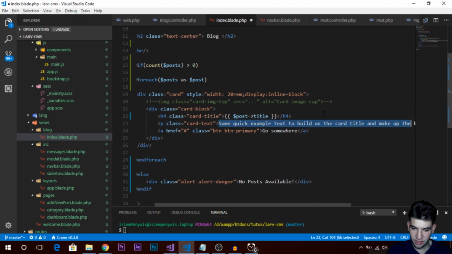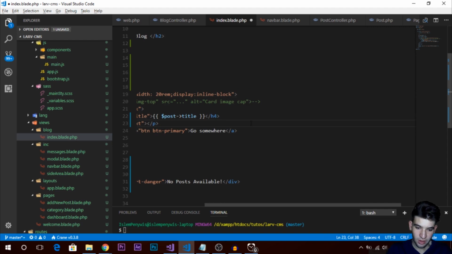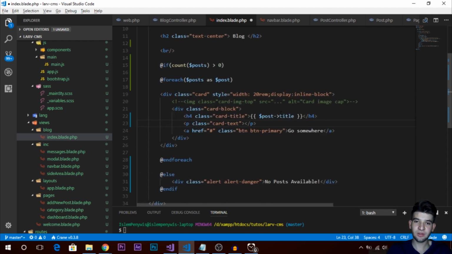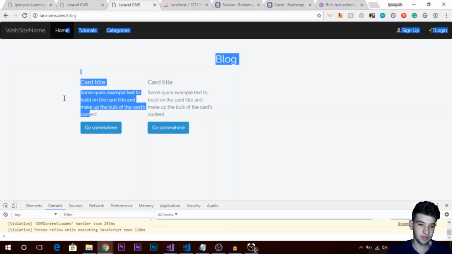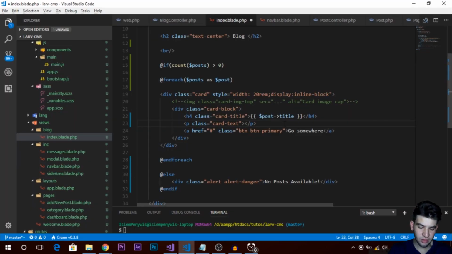And also the card text, just a short text, we are going to render. Here you can use a function that reduces the post content. So let's say you have a post content of, I don't know, 300 characters or 400 characters. You don't want to display all the 300 characters in here. You just want to display an overview of your post. So to do that, you need a function that reduces the text to, I don't know, a quarter of its full length or something. You can do that very easily using PHP. I'm not gonna do it. I'm just gonna put